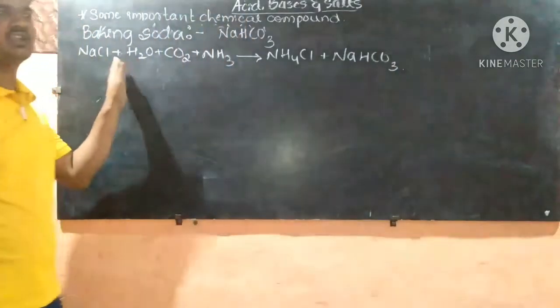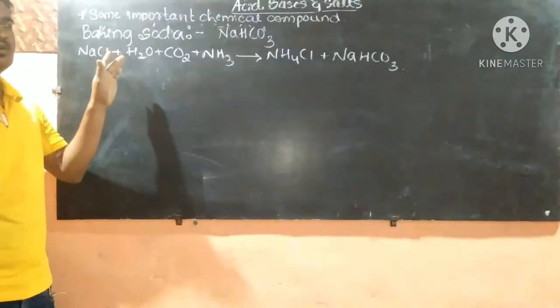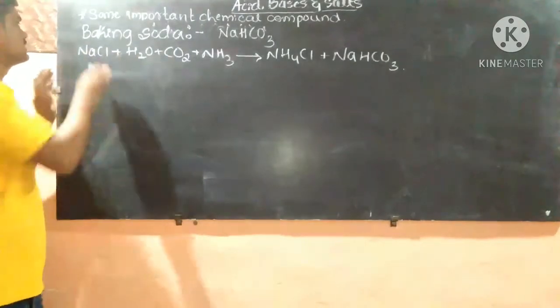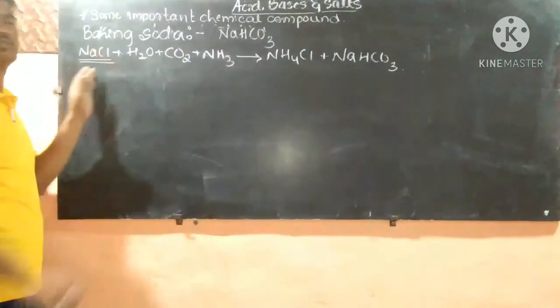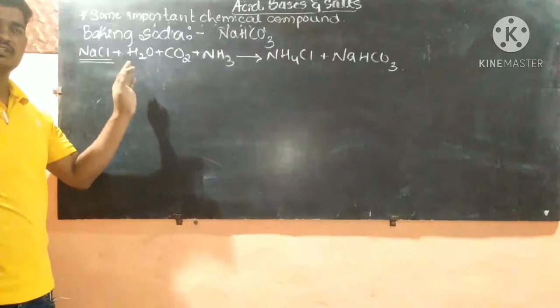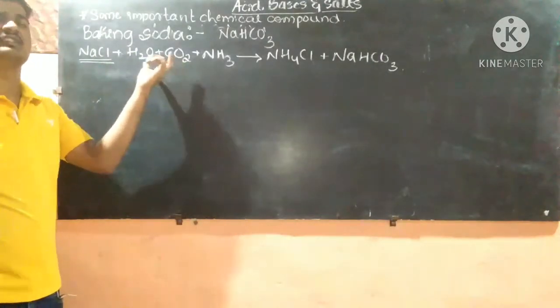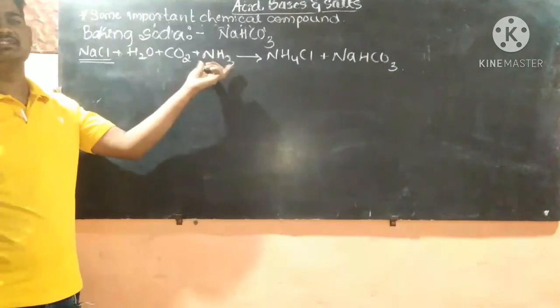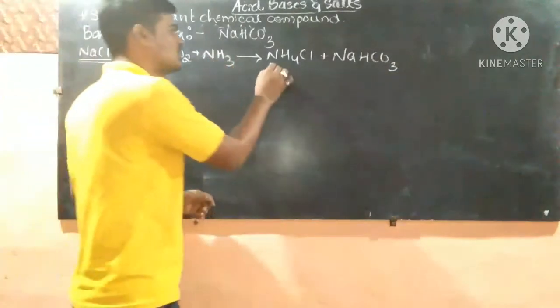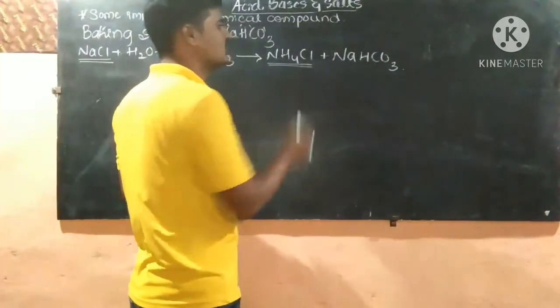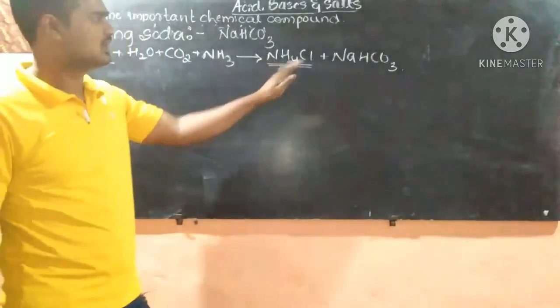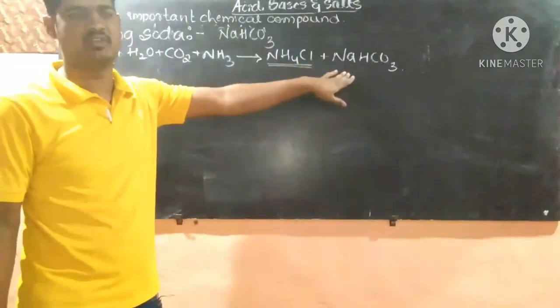So this is the chemical reaction for the preparation of baking soda. Here the sodium chloride is taken as one of the raw materials. Along with that sodium chloride, water is taken, and carbon dioxide and ammonia are passed through that compound. Then the resultant products formed are ammonium chloride, that is a byproduct, and the main product is sodium hydrogen carbonate,